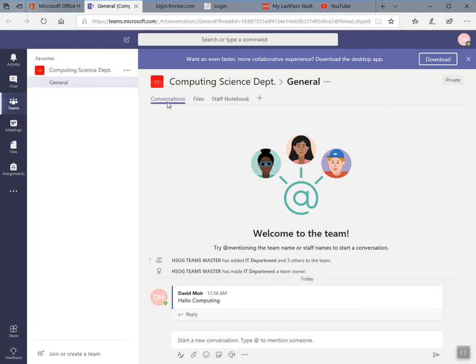The first part of the general channel is the conversations tab, and in this you get a sort of summary of all the things that are happening in that particular team. So you can see when new people are added, when new activities take place, upcoming events can be mentioned in here, but there's also an opportunity for a conversation. So at the moment there is only Hello Computing, so you just type in there